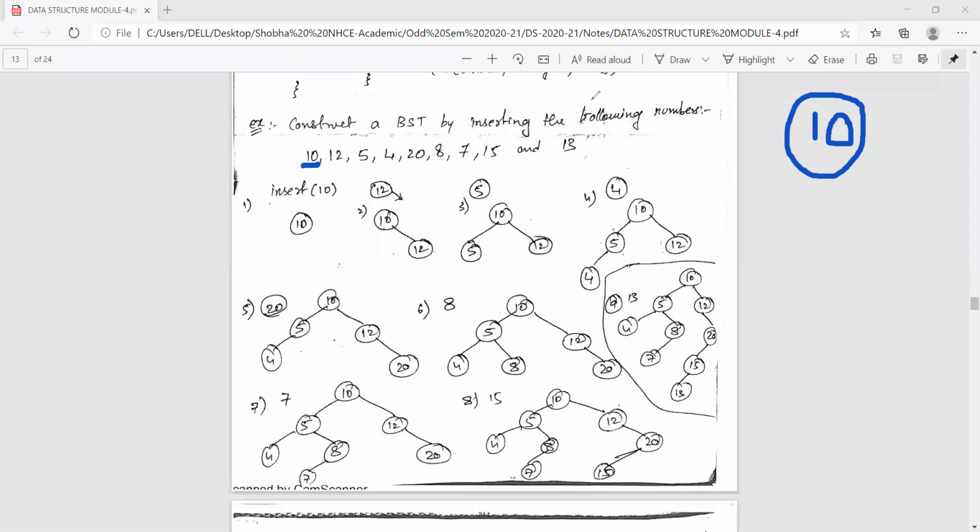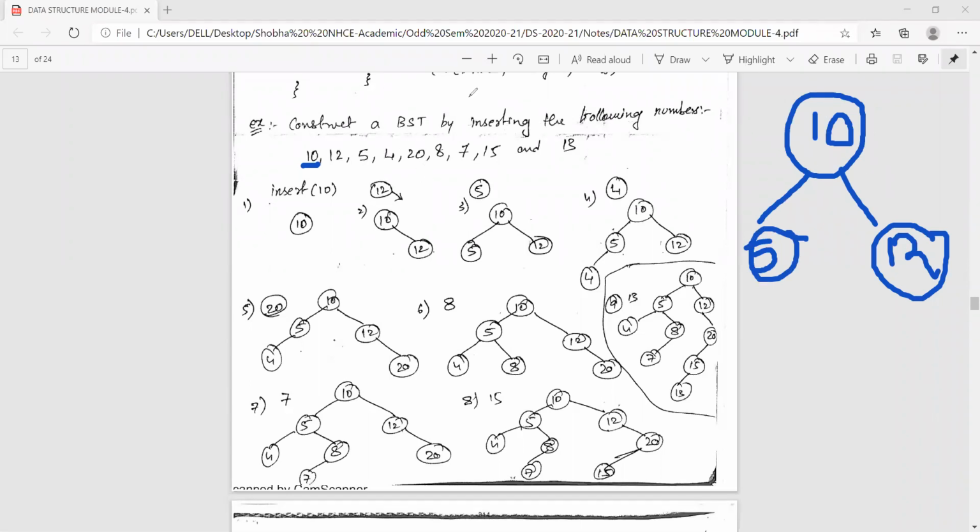Right. On the right side we will create one node and insert 12. Then the next element is 5. Again you start from the root. 5 is lesser than 10, so I should insert it as the left child of the root node.